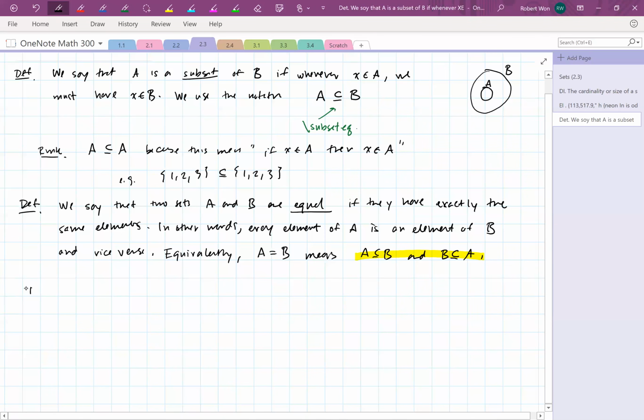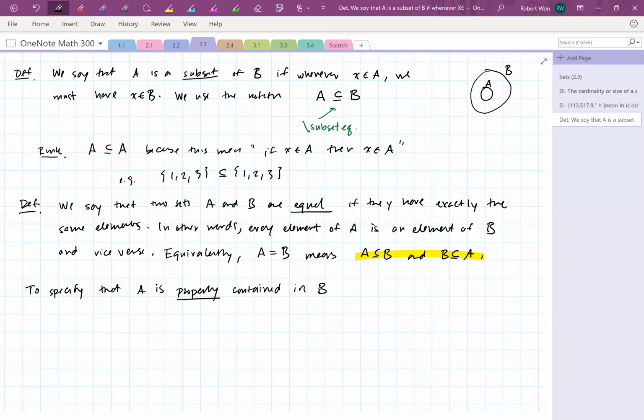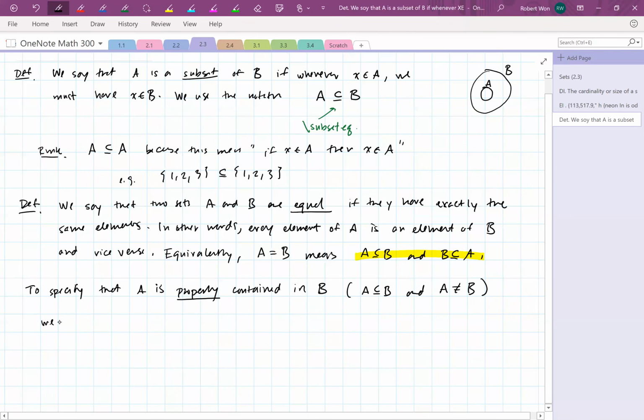Okay. Now, if you want to specify that A is properly contained in B, what does that mean? If you want to specify that A is a subset of B, but it's not equal to B, which means that it's actually smaller. So A is a subset of B and A is not equal to B. That's a proper containment. We use the notation